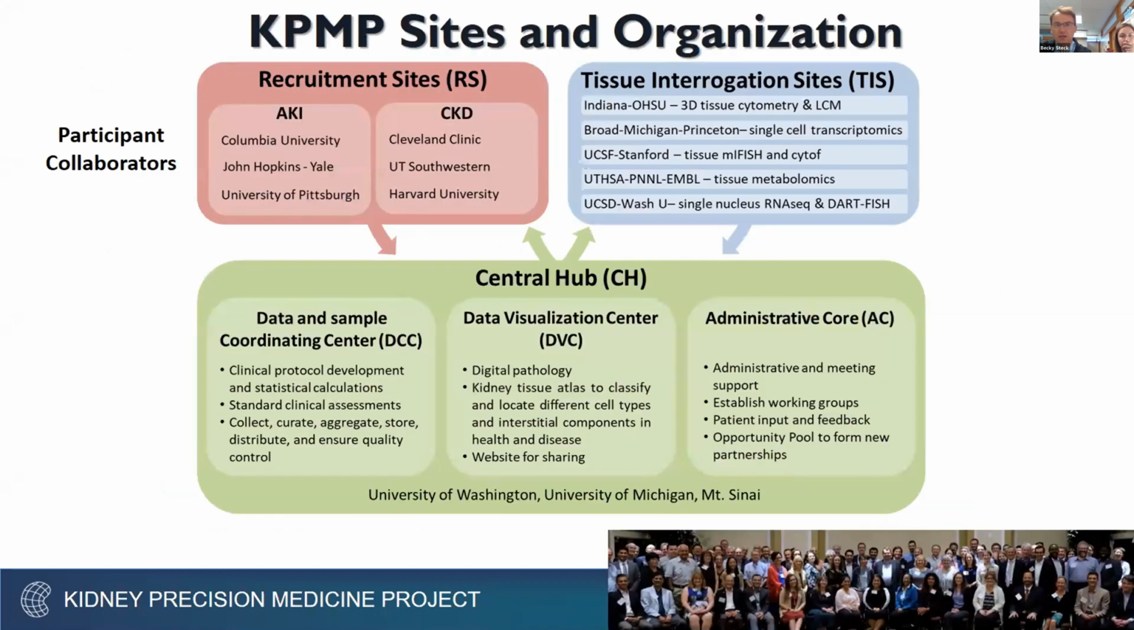For this enterprise, as you would expect, we have to have very unique and disparate expertise present and combined in KPMP. We have 6 recruitment sites focusing on acute kidney injury and chronic kidney disease to safely and effectively procure kidney biopsy tissue from patients who volunteer for research biopsies. This will not be as part of a diagnostic procedure, but really selected patients who volunteer